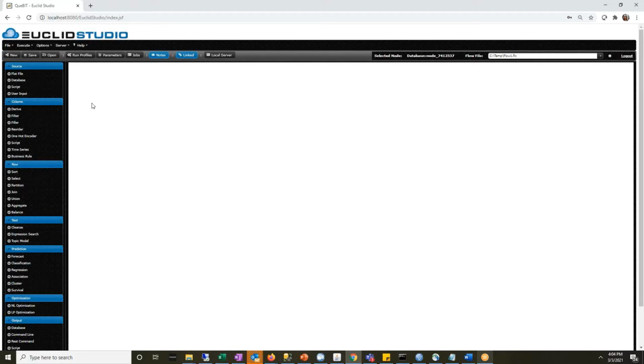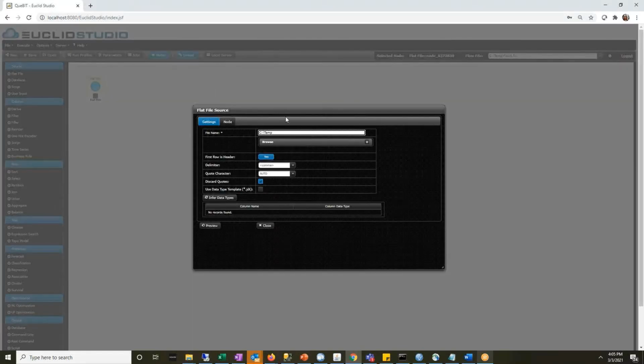Now we'll walk through loading data from a flat file into a database table. This assumes that we've already got a valid database connection set up in our flow, so you'll want to do that before moving forward. To start, we'll choose a flat file source node since we're loading data from a flat file. We'll double click that to open it up, and the first thing we'll see is a spot to enter